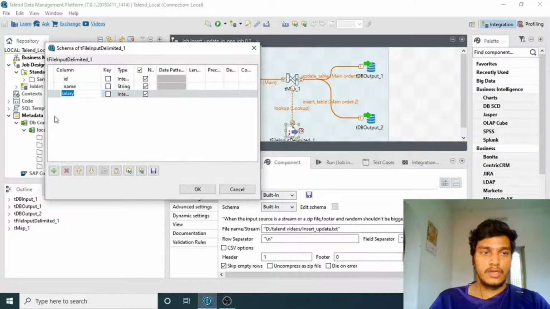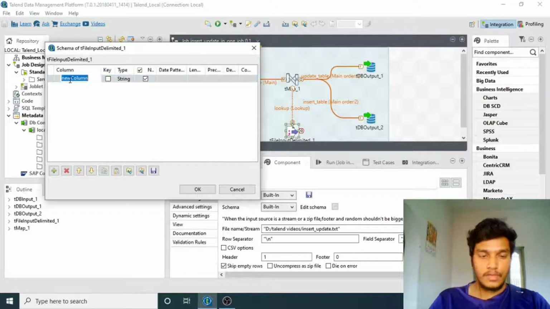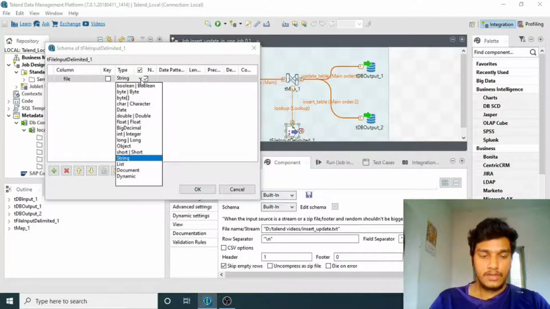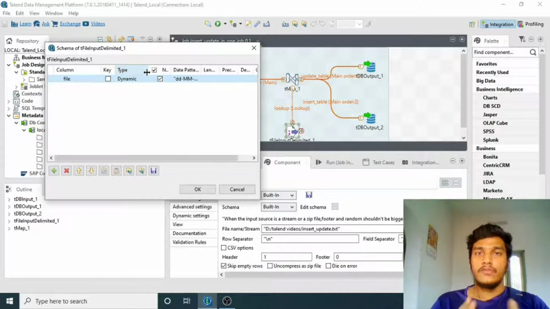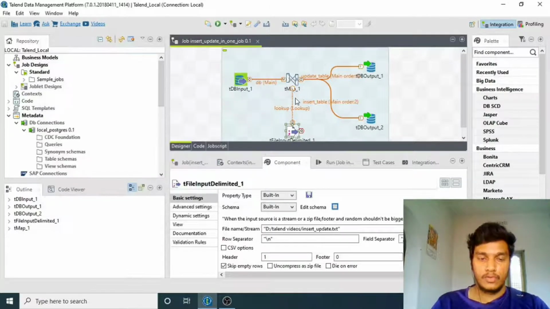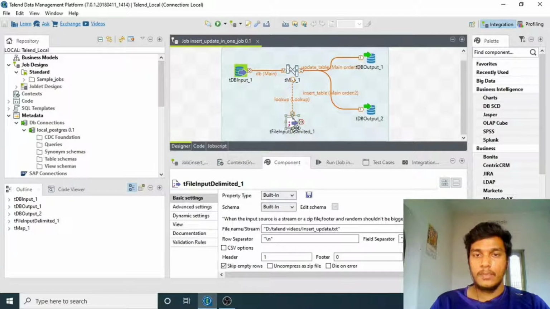If you remove this and create a new one, file, the type is something known as dynamic. So what is meant by dynamic here? Suppose I don't know the input file schema, but I want to include that file to look up to this particular tMap. So how can I do that? I don't know the schema, but I want to use it.